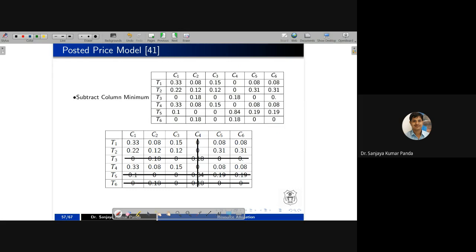The minimum number of lines required is 4. You can try it with less than 4 lines, how to cover these 0 elements. You will not find a solution. So the minimum number of lines required is